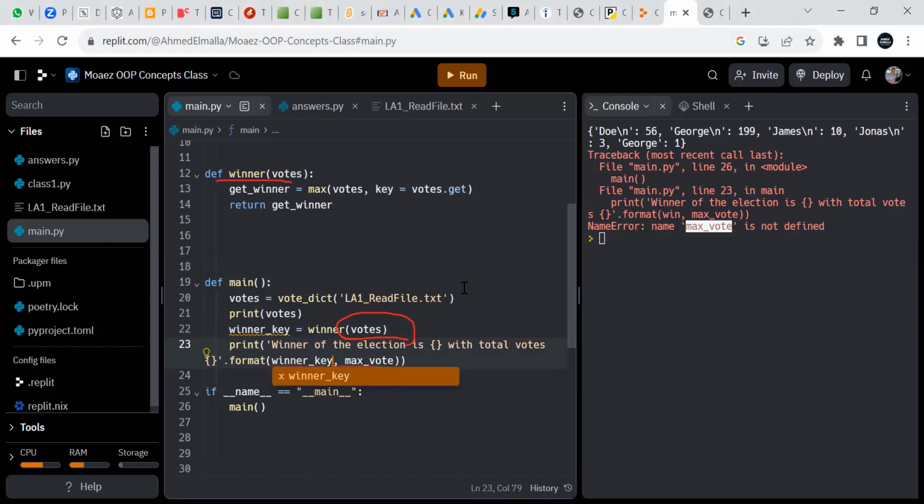So if you have the winner key, you need to understand the dictionary quite well. This is a key in a dictionary, and this is a value. This is the key, and this is the value. So if you have the key, you are able to get the value. So you want to get the maximum vote,